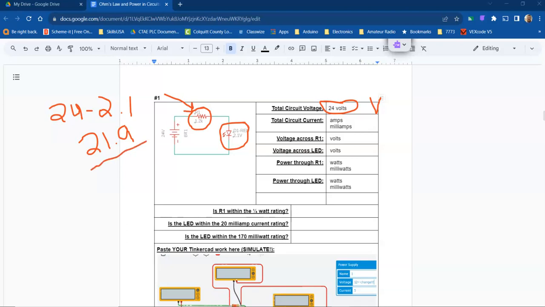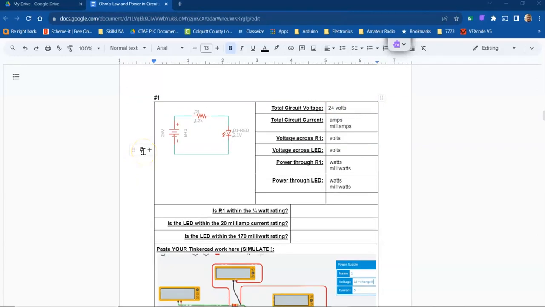Then to find the current, you divide by resistance. So that is dividing by 1200. This is what happens when you use free apps at home to figure things out. So we divide 21.9 divided by 1200 is going to give us 0.01825. So our current is 0.01825 amps. Now, we're going to convert that to milliamps by multiplying by 1,000. We get